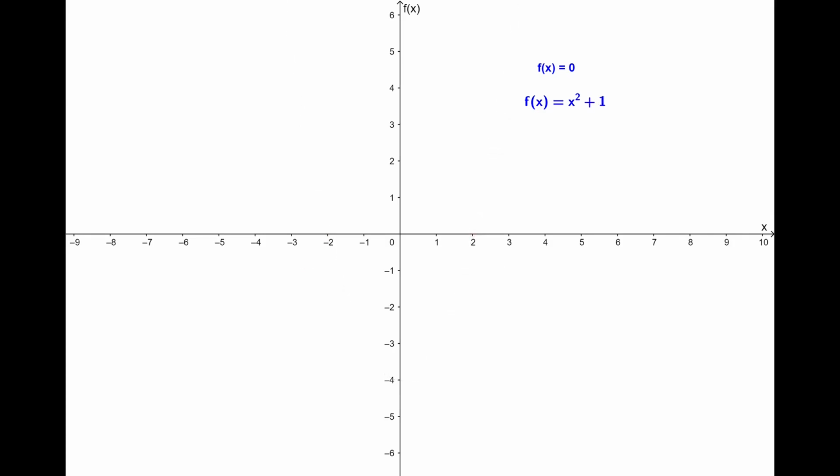The equation can also have imaginary roots. If we plot the function x square plus 1, then you can see that it does not intersect the x-axis, so both the roots of the equation will be imaginary. Also, the equation x minus 1, x minus 2 into x minus 3 equal to 0 is a 3-degree equation. So it will have 3 roots: x equals 1, x equals 2 and x equals 3.